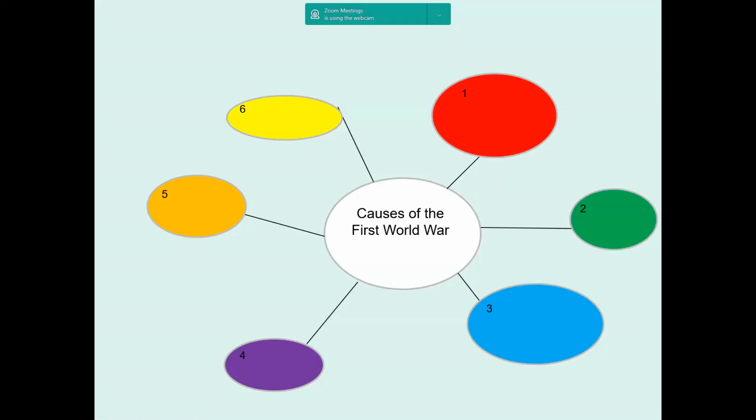You might prefer to have colours instead. You might want to have numbers as well. You might not want to have numbers as well. Now, if someone prefers to have the colours like this,